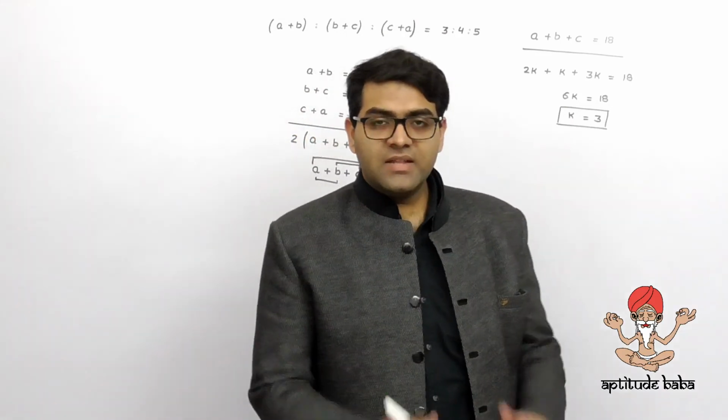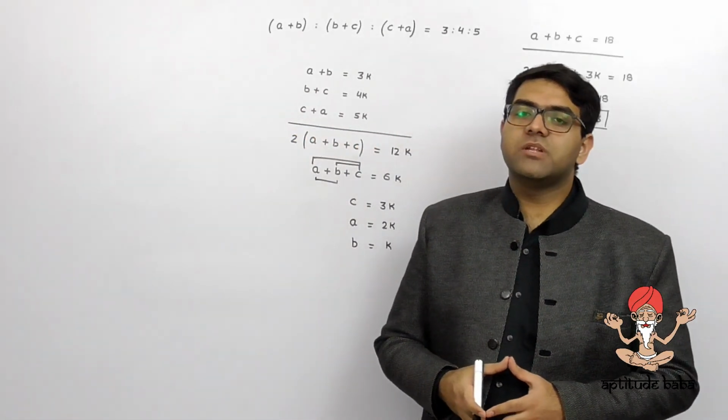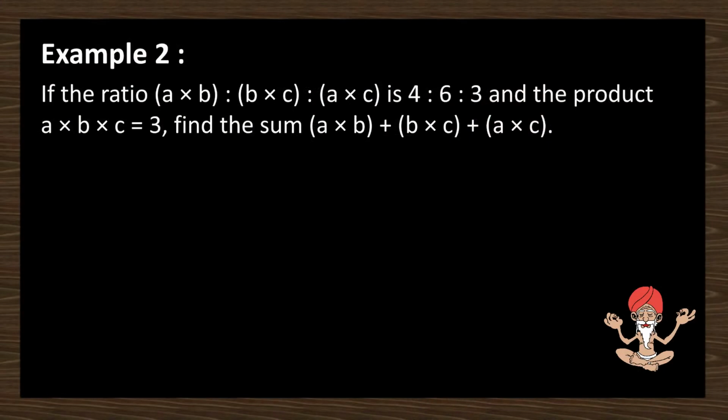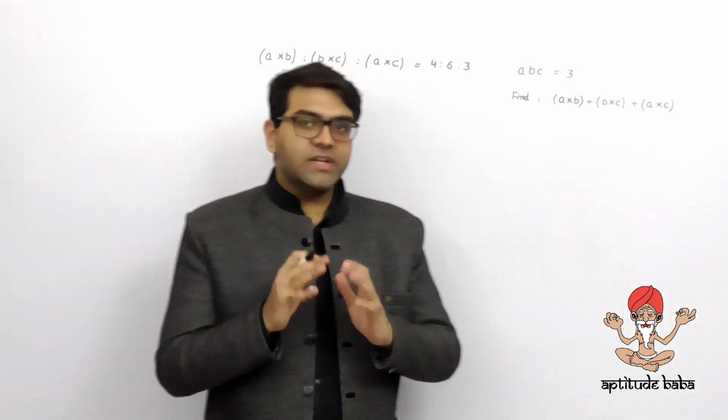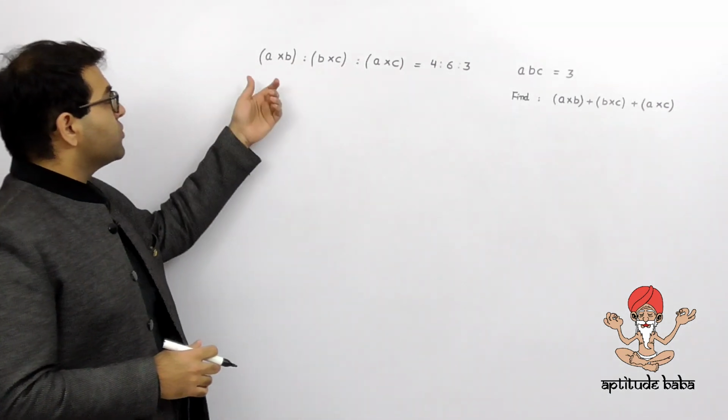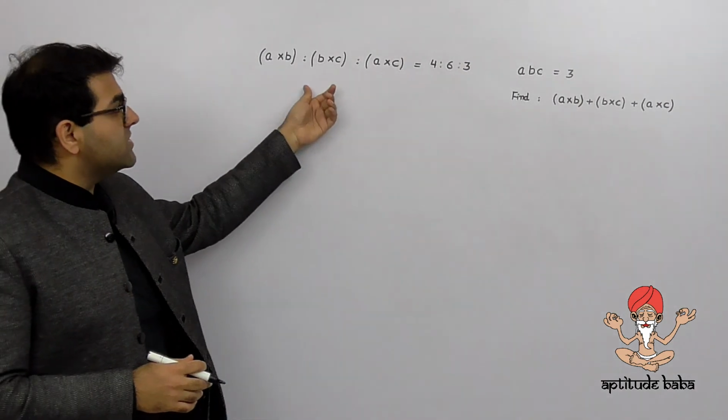Another example, and then we end with the chapter of applications of ratios. If the ratio of a into b is to b into c is to a into c is 4 is to 6 is to 3, and the product of a, b and c equals 3, find the sum of ab plus bc plus ac. In this given question, I already have the ratio of ab is to bc is to